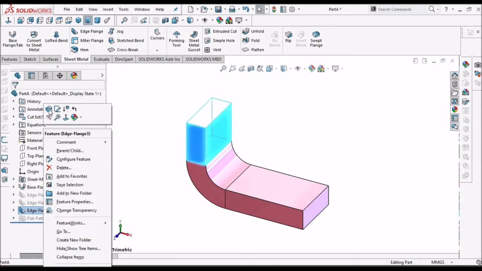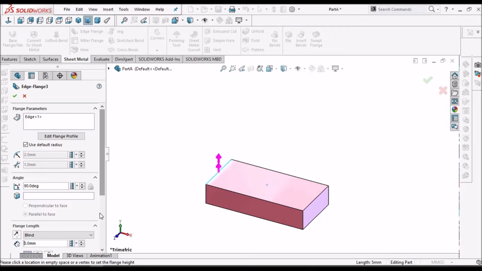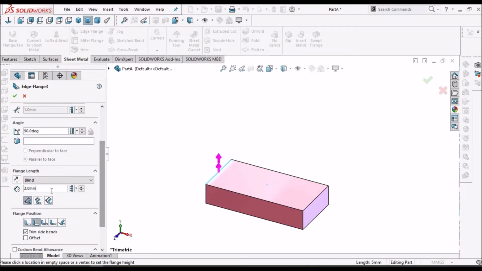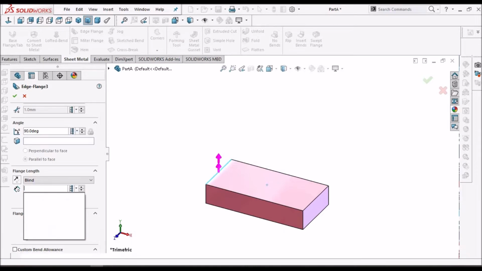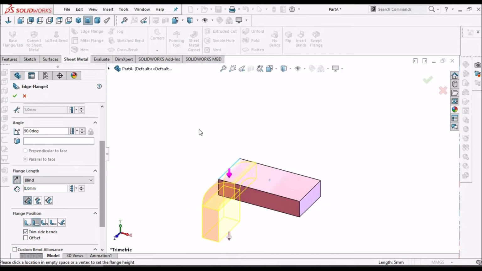Here I can drag this arrow or I can simply edit from here, and even I can flip this direction of the bend.